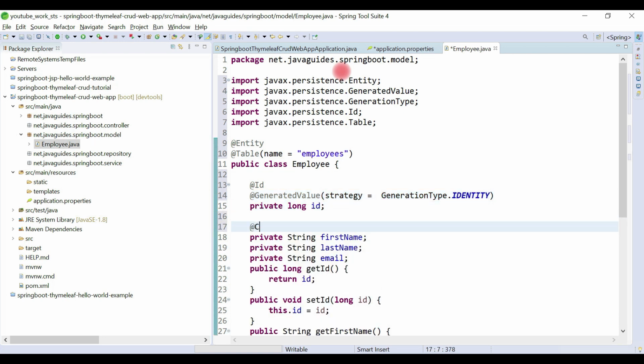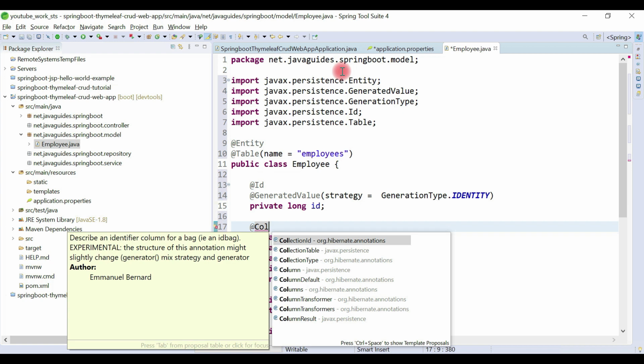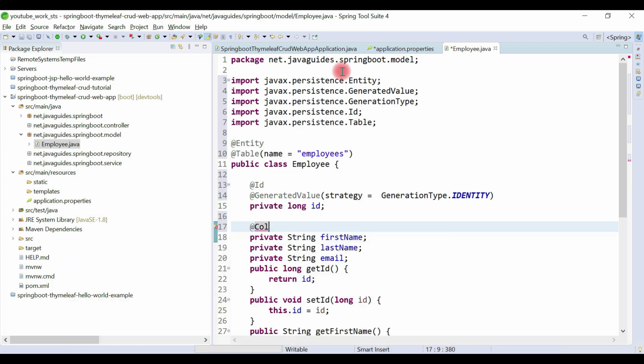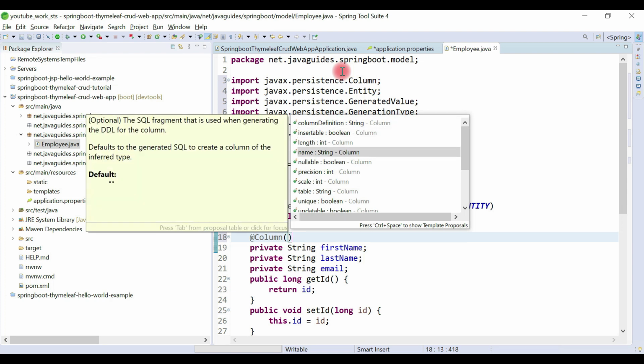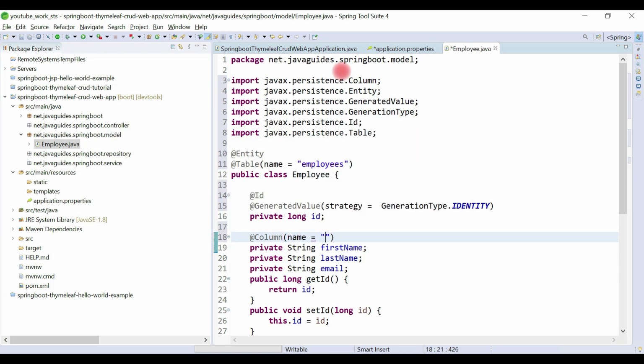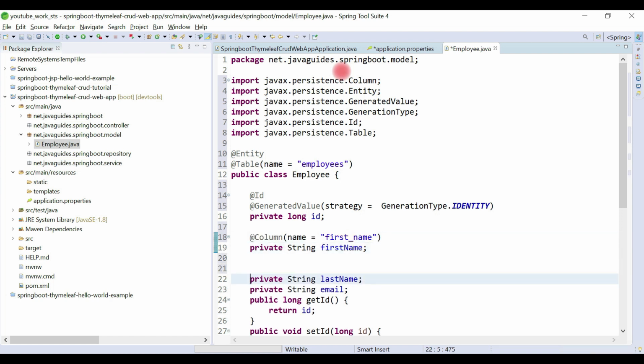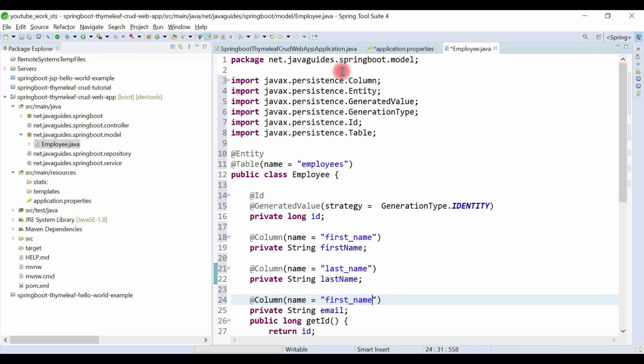And here we can use the @Column annotation to map a column name to this field. So here we can use name equals first_name. Let's copy this, and we can also give a name to last name, like last_name, and email.